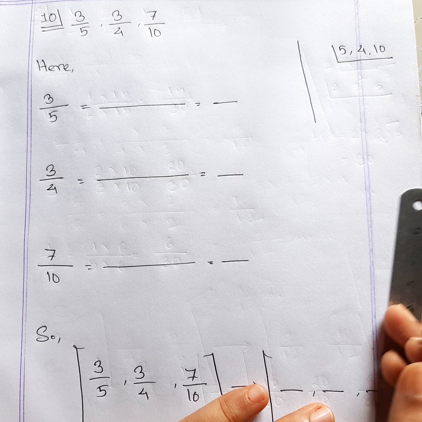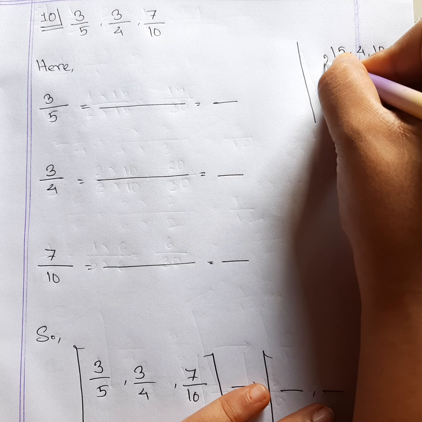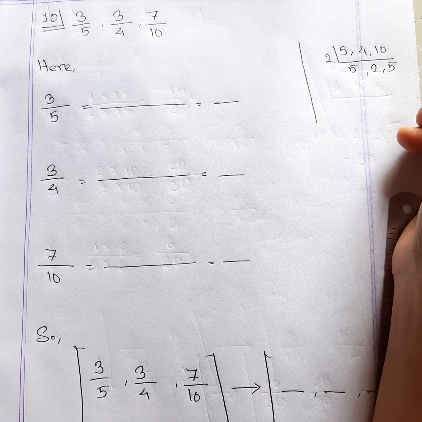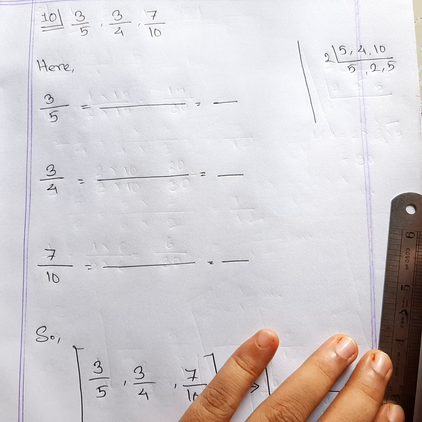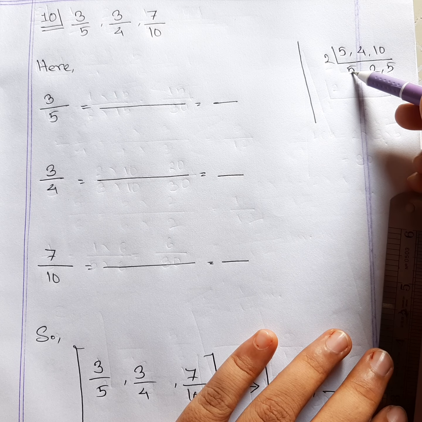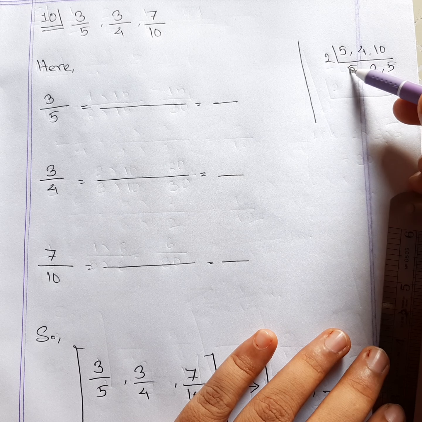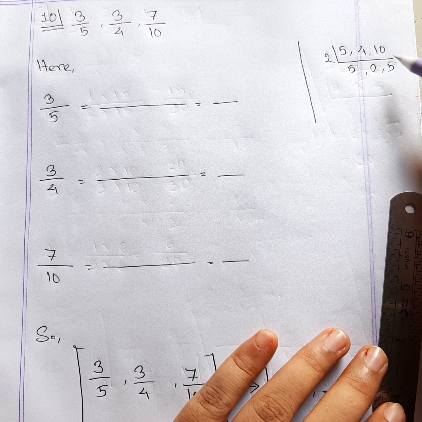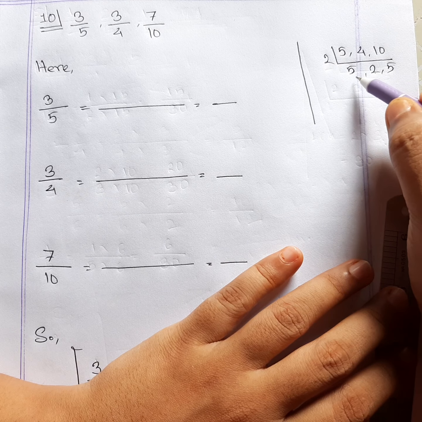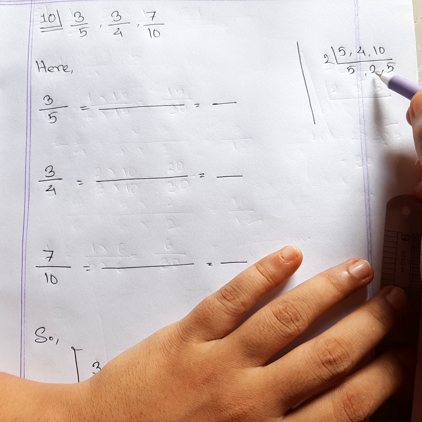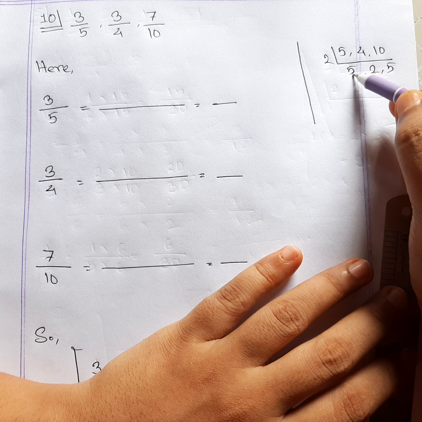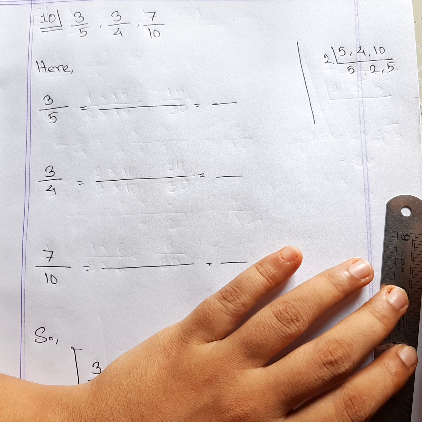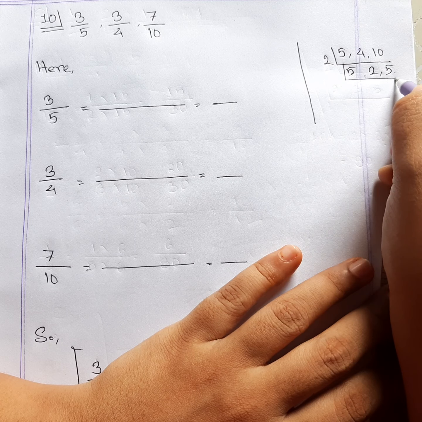So 5 cannot be divided with 2, but 4 and 10 can be. So we are going to divide them with 2 first. You can see I got the result. 5 will be over here because I am not dividing 5. 5 cannot be divided with 2, so it will just take its place, and 4 is divided, so its result is 2. 10 is divided, the result is 5. And I can see that 5 and 5 can be divided with 5, but 2 cannot. So we cannot divide with 2. With 3, no, we cannot. With 5, yes, we can. So we will go for 5.